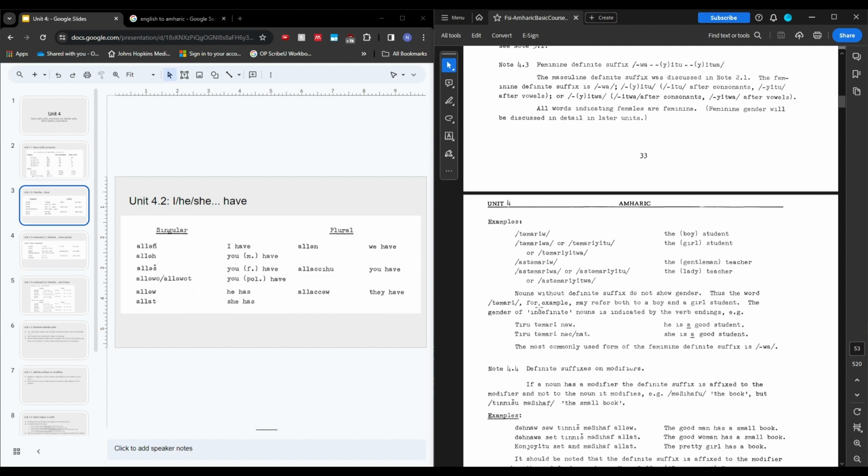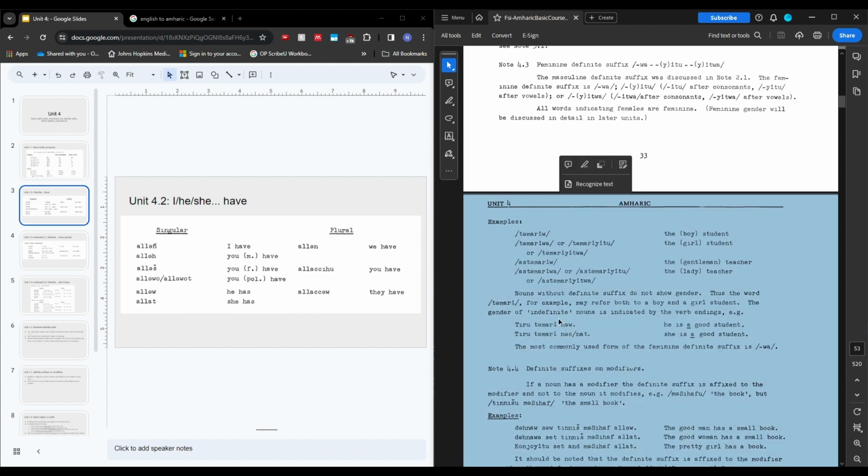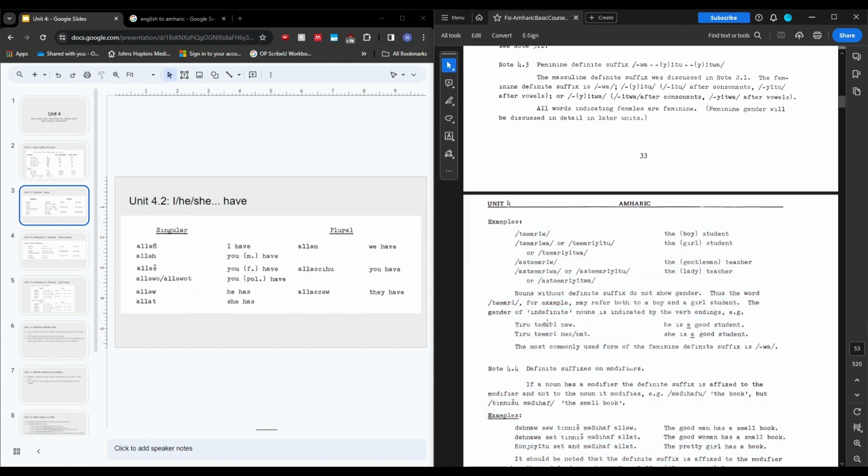The other way you can do it is by using verb endings at the end of words. So if we say turu tamari, it's a good student. But when we say no, we know that we're talking about a male student because no is a to be verb for he is. No can also mean it is. So like if you wanted to say turu mekina no, like it is a good car, you would also use no. But because we know we're talking about a student, which can be either male or female, in this situation we know that it's implying that it's a male student. So turu tamari no is he is a good student.